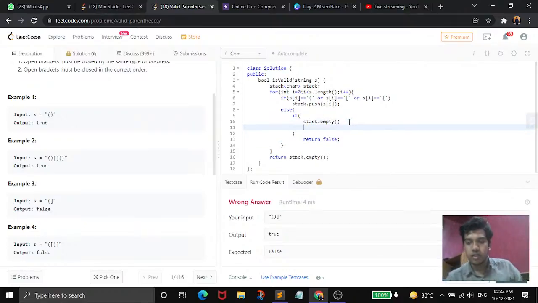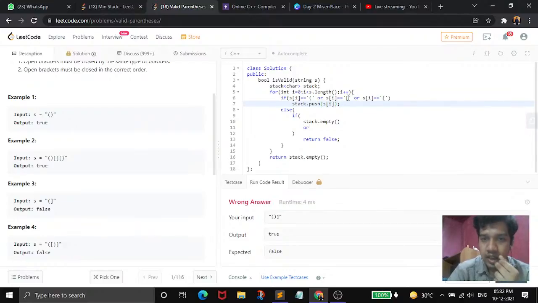Then again if, no, not if, we have already written it, we can write or. You can use this boolean or, logical or, inside if and else statements to give different types of conditions. So this is our first condition, then or this second condition, or this third condition.